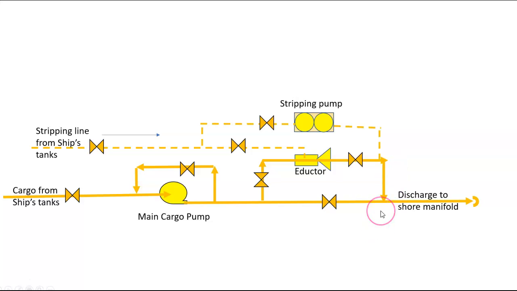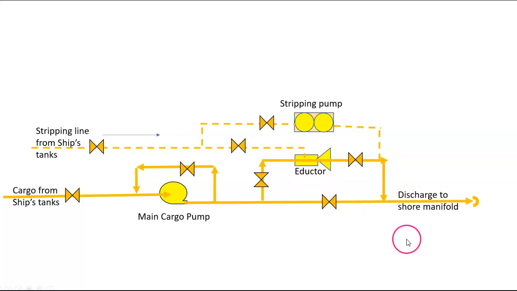Now there's something fundamentally wrong with this layout in the yellow system. What would happen? Remember, we open this up, we start the cargo pump, we open up the pump discharge. So we take suction into the pump, discharge up to this pressure. So I've got pressure up to this valve, it stops. I have this valve open, but it's not only allowing flow to go ashore, it's also allowing flow to go in and put some pressure on the back end of the stripping pump, which is probably not the best thing